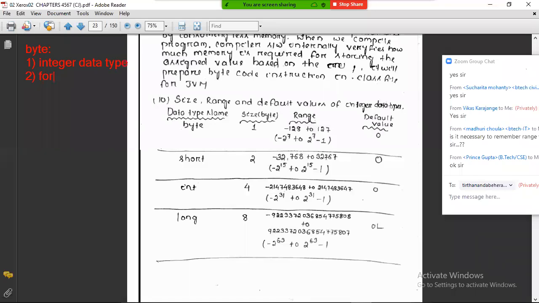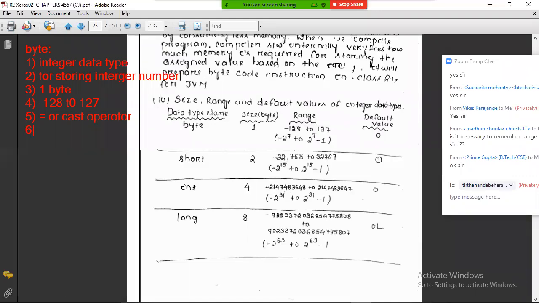It is used for storing integer numbers. It provides 1 byte of memory. It allows us to store values only between the range minus 128 to 127. To represent an integer number as a byte, we must use either the assignment operator or the cast operator.